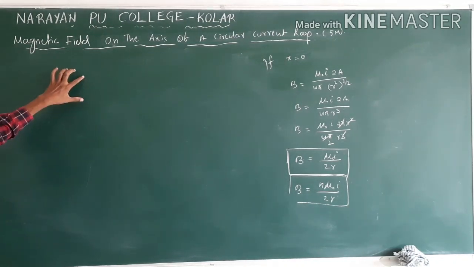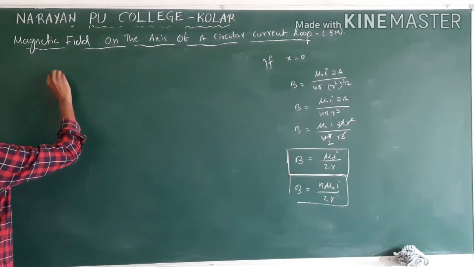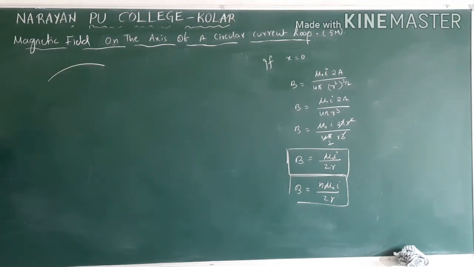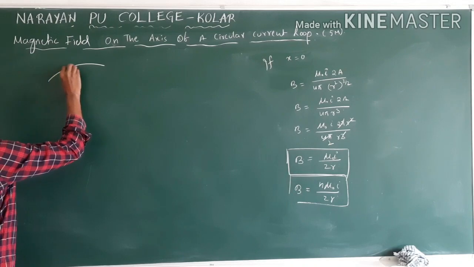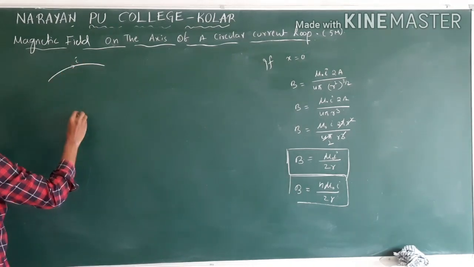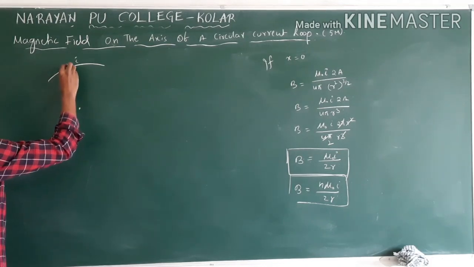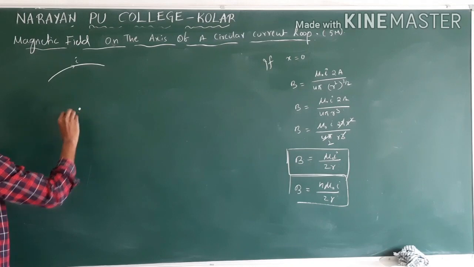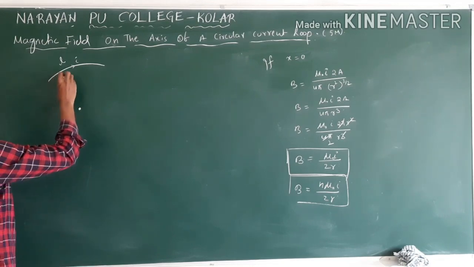Now previously we have seen the circular loop. What if it is a semicircular arc-shaped conductor? How do we find the field due to this kind of conductor? Very simple. Clear? This is the arc, carries current I. This is the center for the arc. So the length is L.